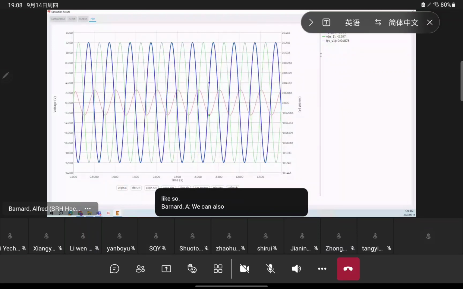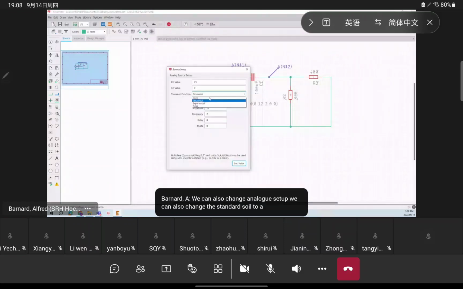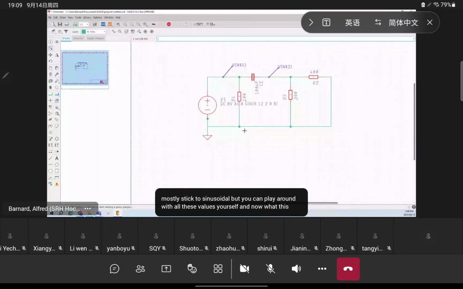We can also change analog setup. We can also change sinusoidal to an exponential function. Now, I don't really use exponential at all. I mostly stick to sinusoidal, but you can play around with all these values yourself. And now what this does is I now have a